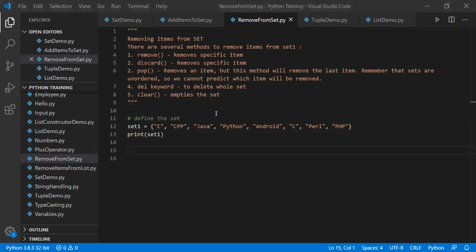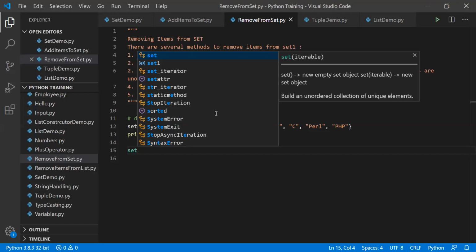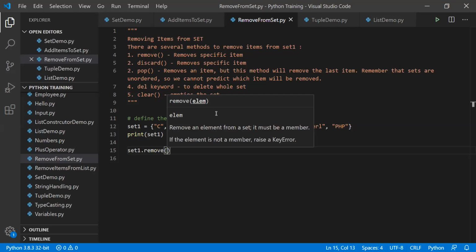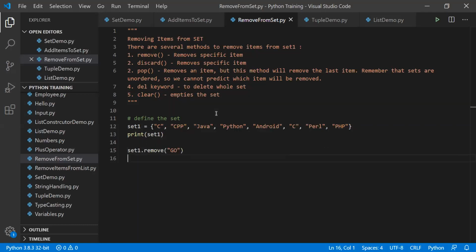Now let's try the first option. Let's see how we can remove a set item using set one dot remove. Let's say remove go. Okay, let me try. I think it is there. It's not there. Fine, I'll add the go here.